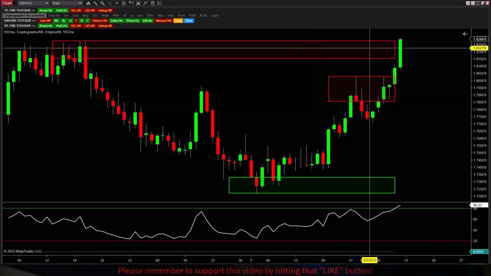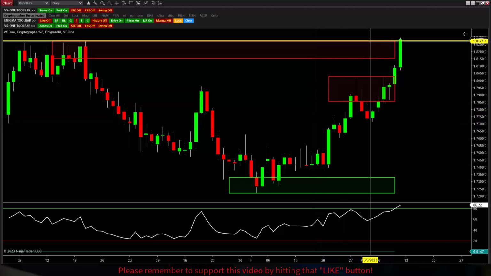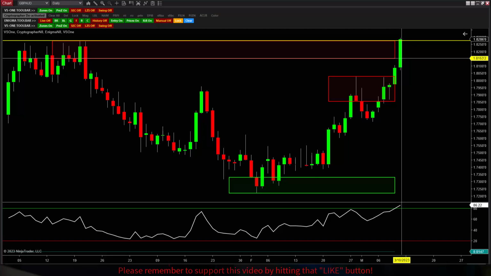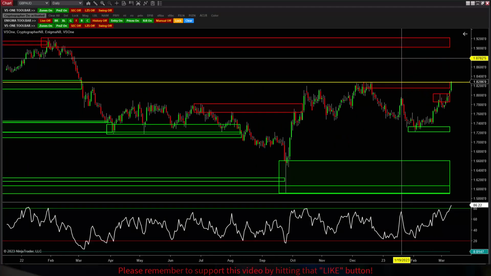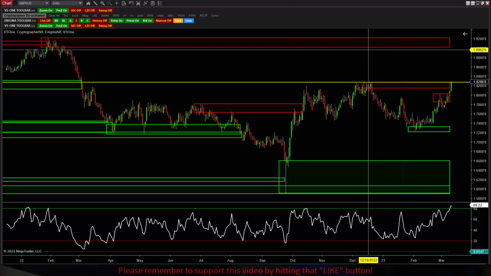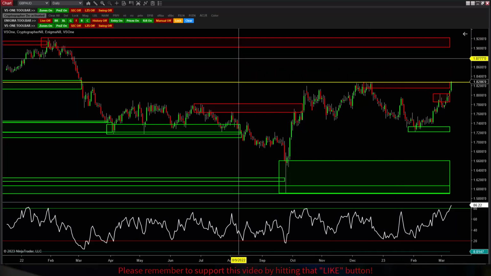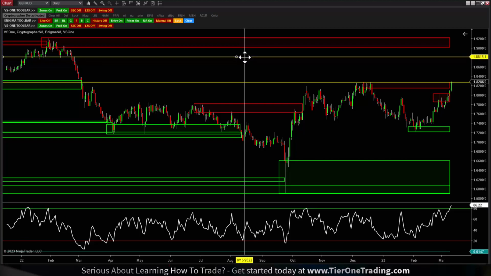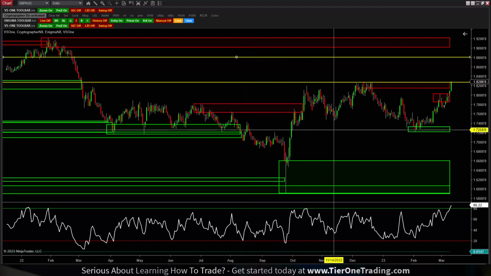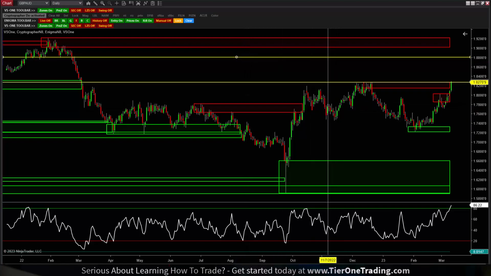So when I see this break and close above here on the daily chart, I identify a higher high, higher close. I predict a continued move higher. Those are the only trading opportunities that I can look for despite what my lower time frames tell me. So if I identify a higher high, higher close and I predict a move higher, the next question I want to ask myself is, where is price likely to go next if we move higher? And the first place that stands out to me is going to be our level right here at about 187.66. We can just round it off for our purposes here and just say 188 even,